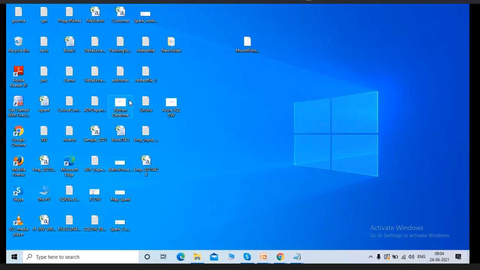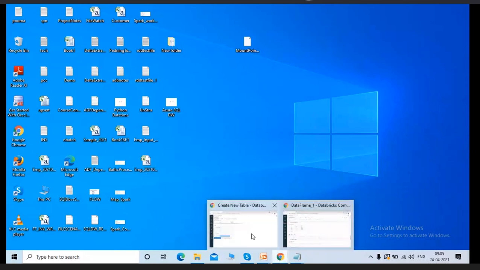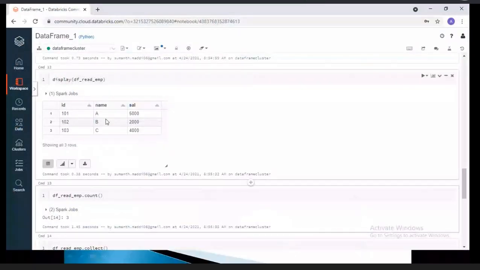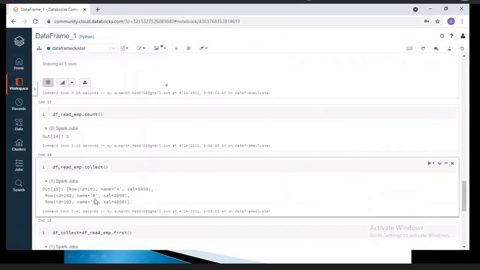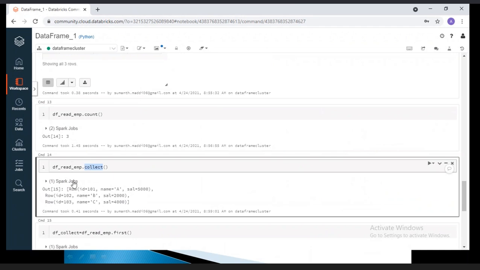If you want to execute the looping concept, I need one iterator, right? At that time, you can use the collect function, because it will read all the 100 files or 50 files information. Then you can put the loop inside the loop. You can create your data frame,